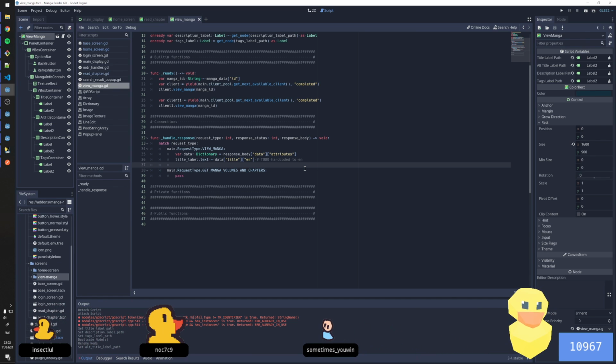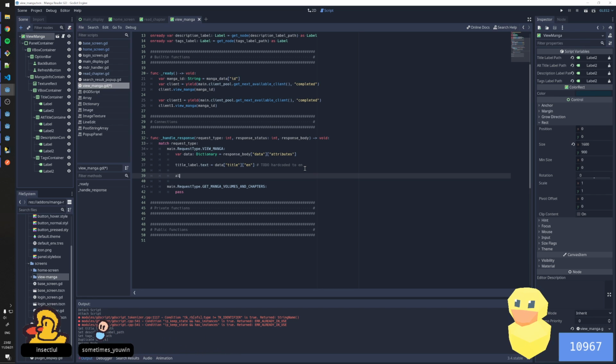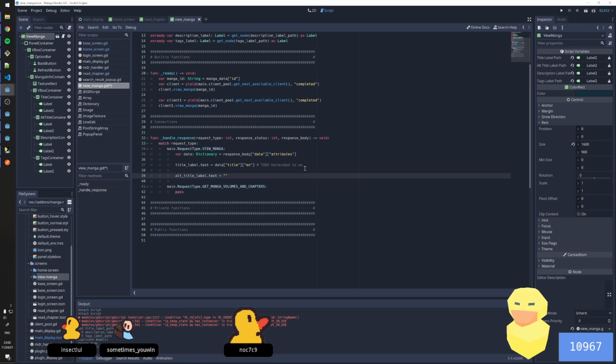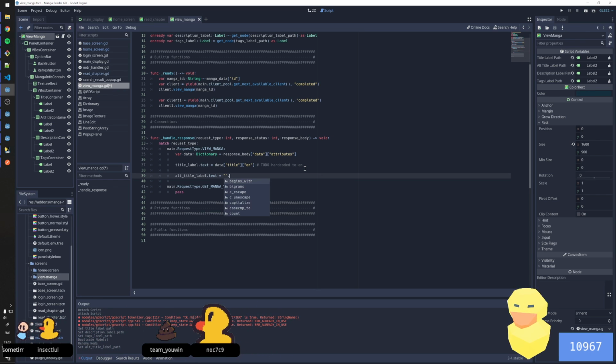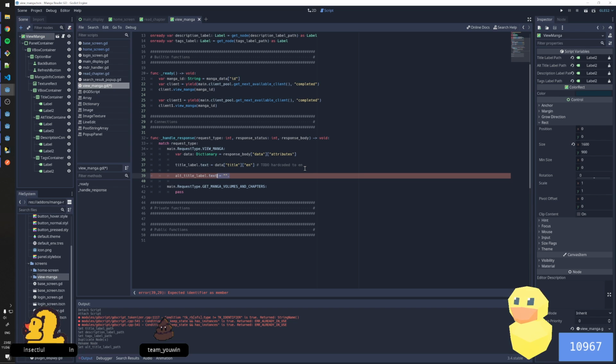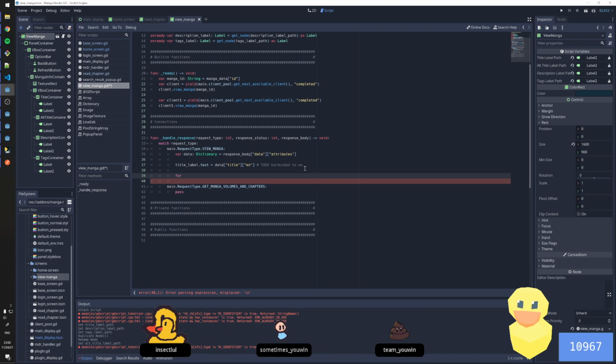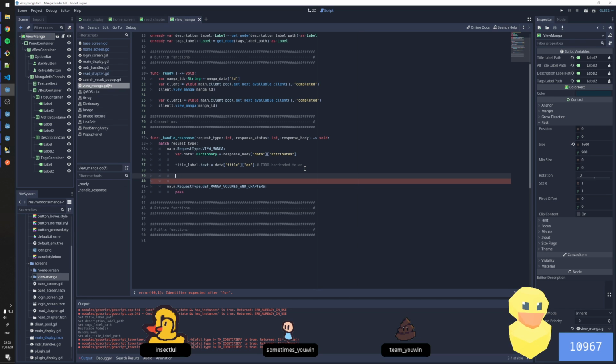Now, let's see, the alt title stuff. So that's the title. What are we going to be doing about alt title? So alt title label dot text is equal to, do I have a join? No. What things do I have? I've been working with too much Python. So there's no join function here, but you can do for, or no, we can do